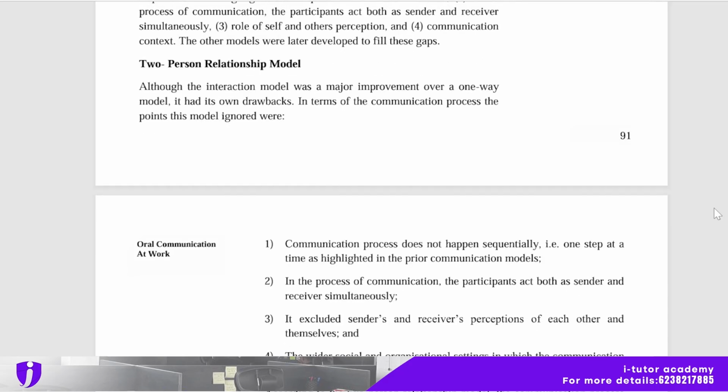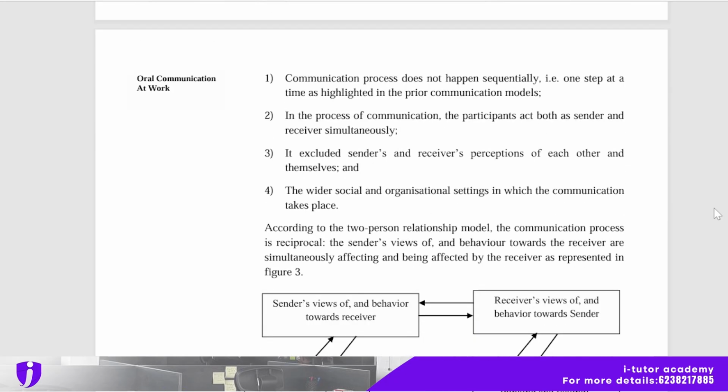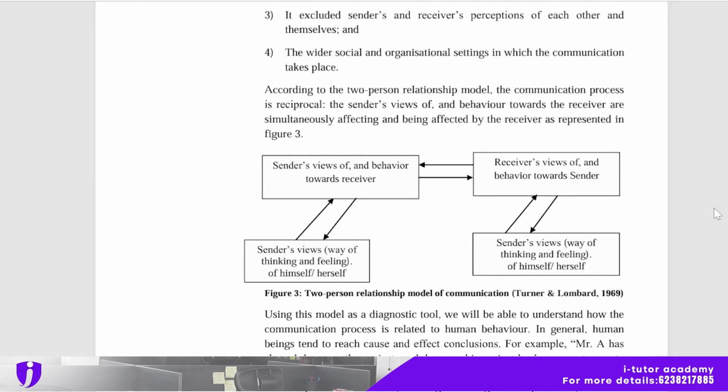Although the interaction model was a major improvement over a one-way model, it had its own drawbacks. In terms of the communication process, the points this model ignored were: communication does not happen sequentially, one step at a time, as I highlighted in the prior communication models. In the process of communication, the participants act both as sender and receiver simultaneously. It excluded senders' and receivers' perception of each other and themselves, and the wider social and organizational settings in which